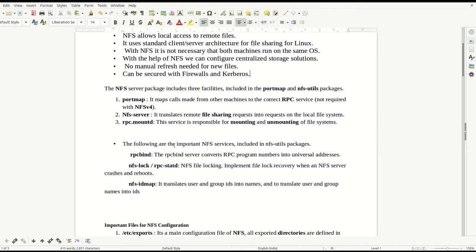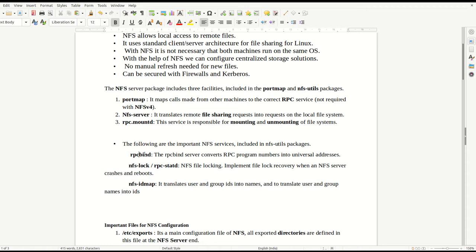The following are the important NFS services. The first one is RPC bind. RPC is a remote procedure call, a protocol by which one program can request a service from a program located on another system.